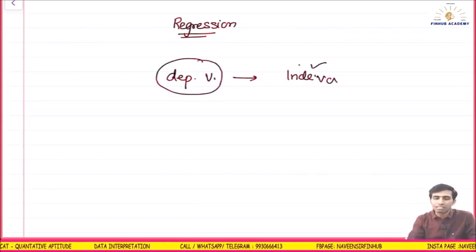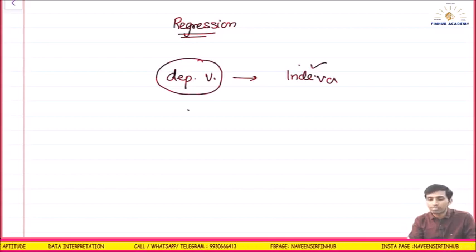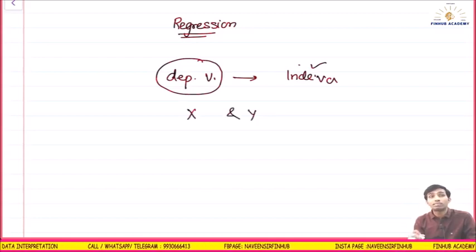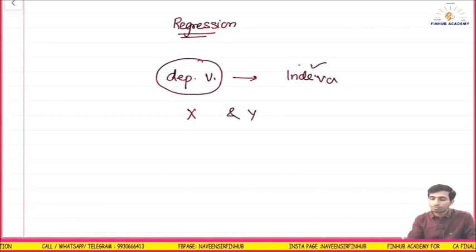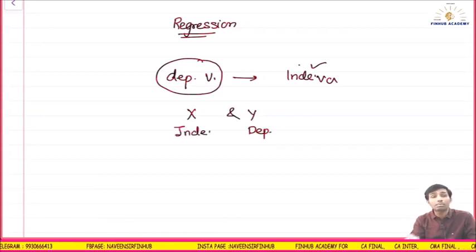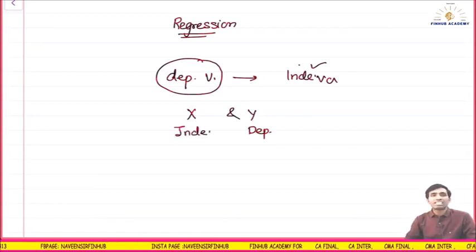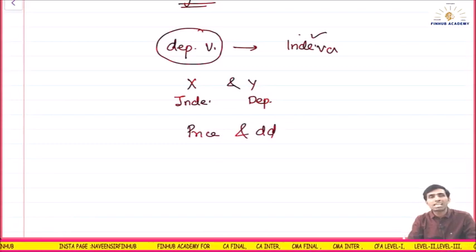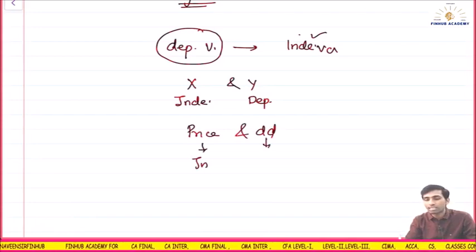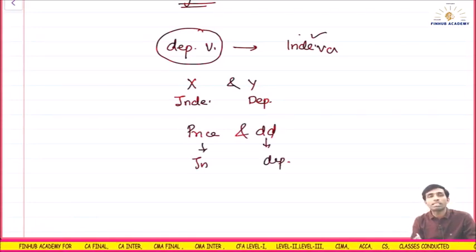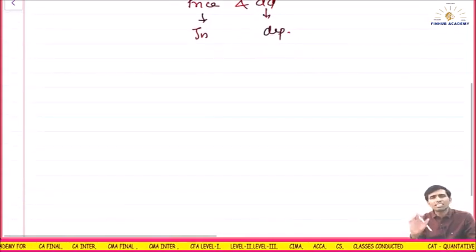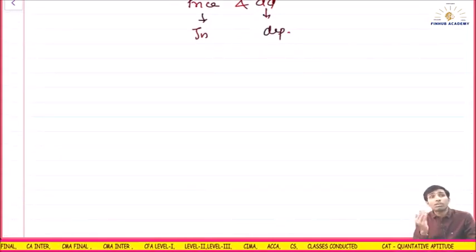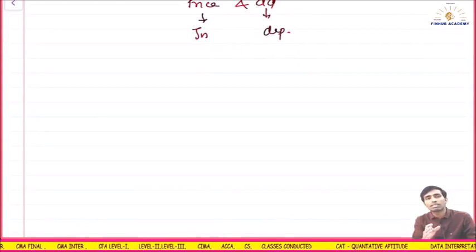Assuming that there is some mathematical relationship between the two variables, whatever it is, x and y, they have a mathematical relationship. So one variable is dependent. Let's say if y is dependent, that means x is independent, keeping other things constant. One easy example that comes to my mind is price and demand. If price is independent, the dependent variable is demand. In this chapter, the equation can be y on x as well as x on y, means the y can be independent or the x can be independent.